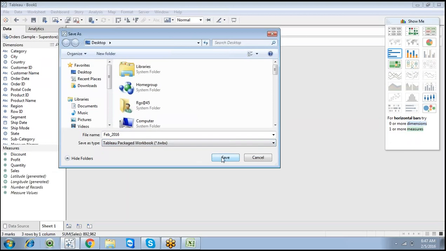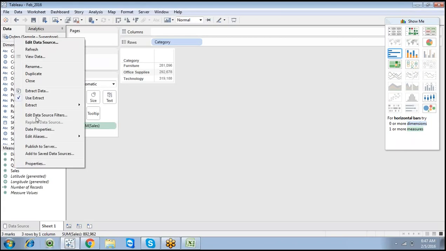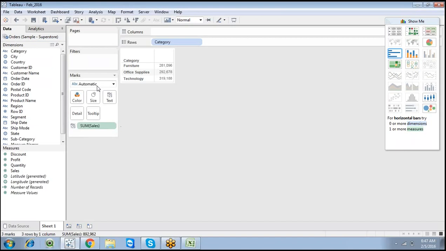Click on Packaged Workbook, click Save. I saved it on our desktop. Now can you see this particular symbol? It is similar to an extraction. Right-click and you have lots of options here. Just differentiate the symbol of the Orders Sample Superstore file.